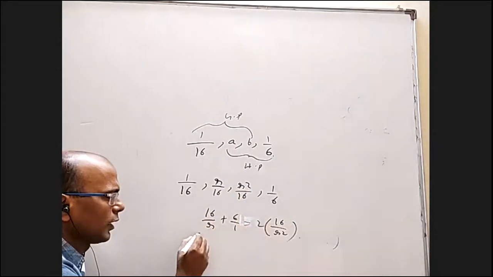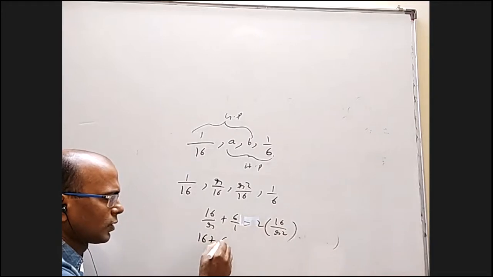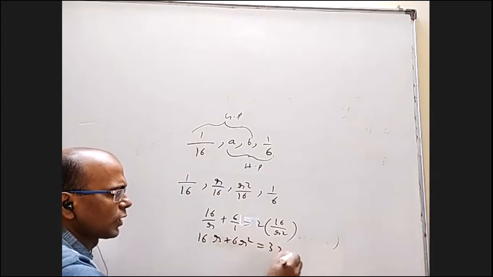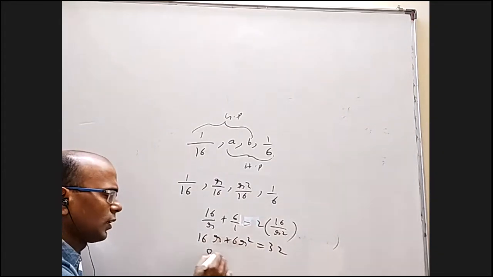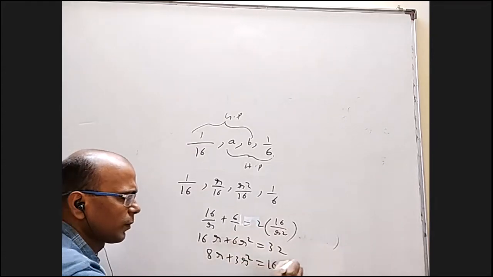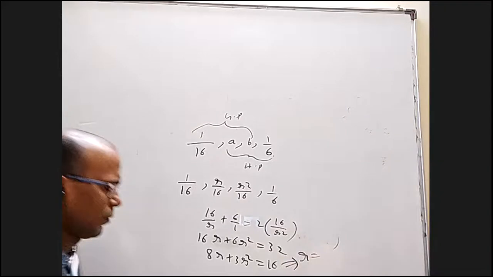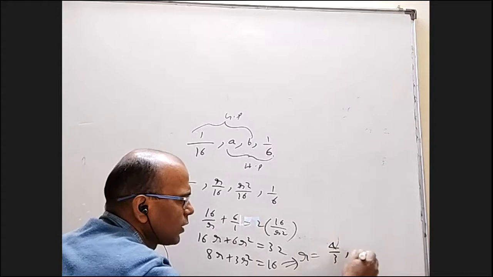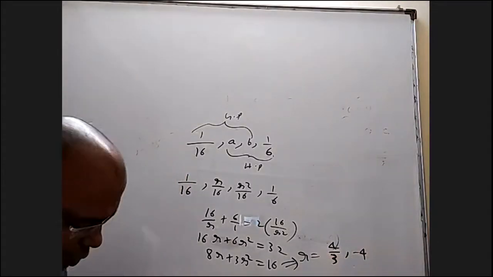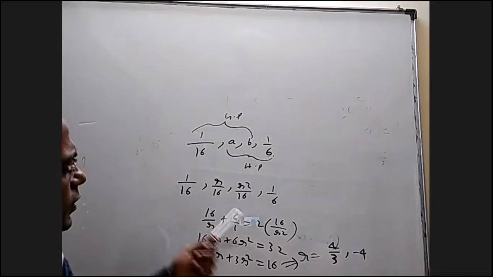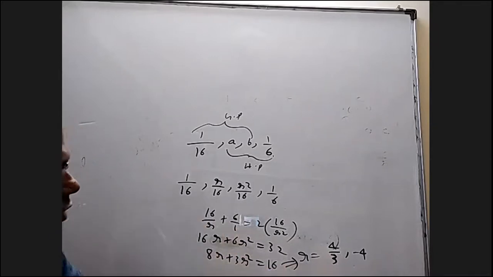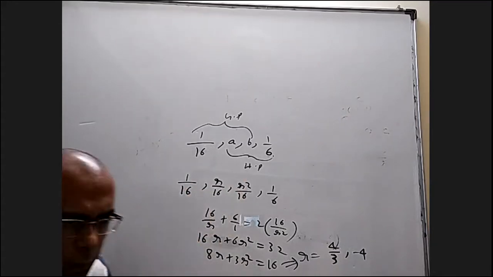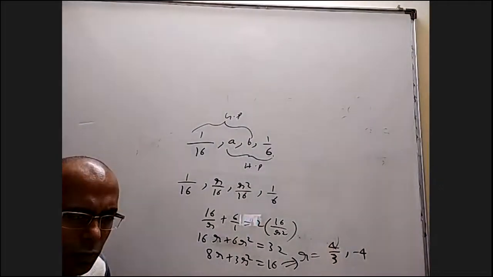Multiply with R square, you will get 16 plus 16R plus 6R square equal to 32. When you divide by 2, it is 8R plus 3R square equal to 16. What R values will come from this? 4/3 and -4, sir. If they are positive numbers, then -4 can be neglected. If not, substitute 4/3 and you get one sequence, substitute -4 and you get another sequence. So instead of eliminating A and B, you can also manage like this. Sir, your answer. Is it a problem with the key?